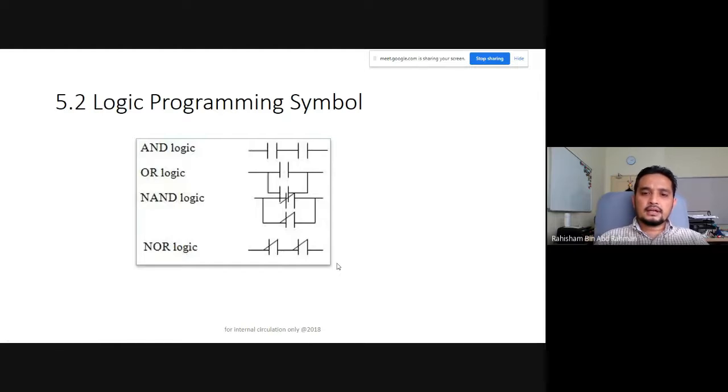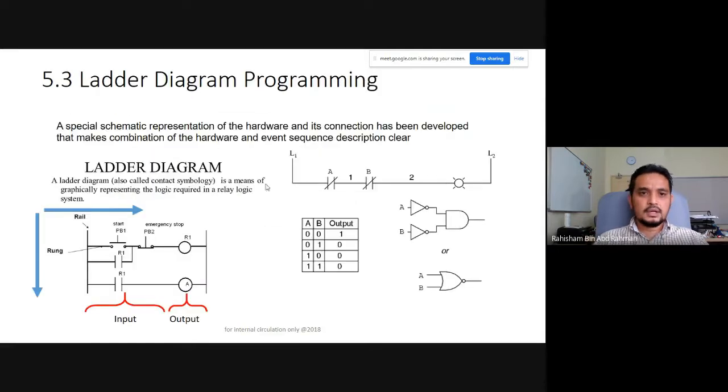Okay, these are the most common Booleans that are used for simple instrumentation and process control. And these are the symbols for the PLC that are used in the ladder diagram. These are the ones that are used depending on the specific objective to be achieved. Okay, ladder diagram. Now we come to ladder diagram